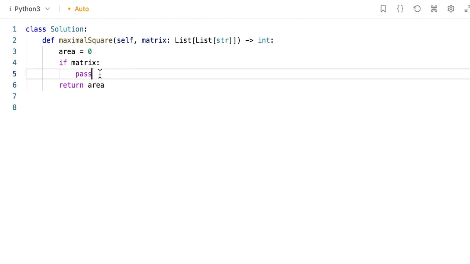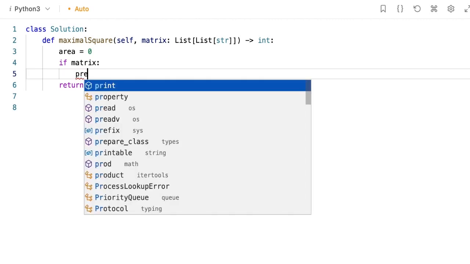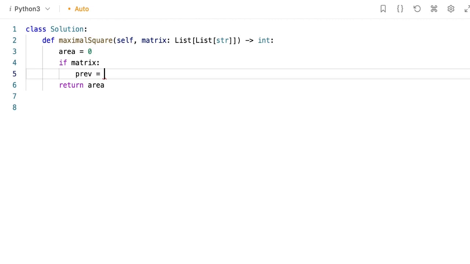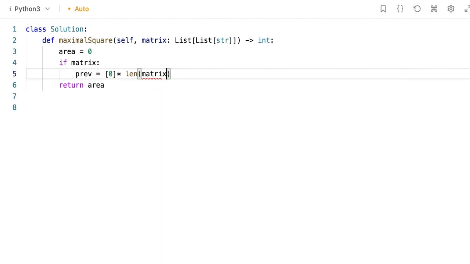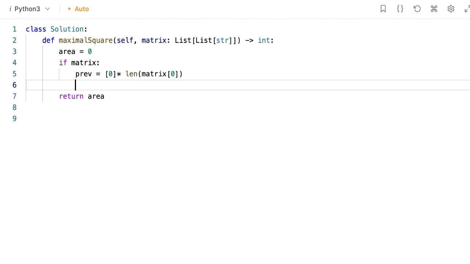Now let's work on the main logic. We will initialize the previous list. Previous equals a list of 0 multiplied by the length of matrix of 0, that is, the length of one of the rows. Now we will iterate through each row of the matrix. For row in matrix,